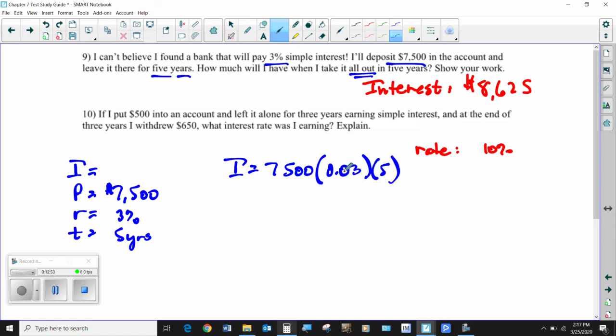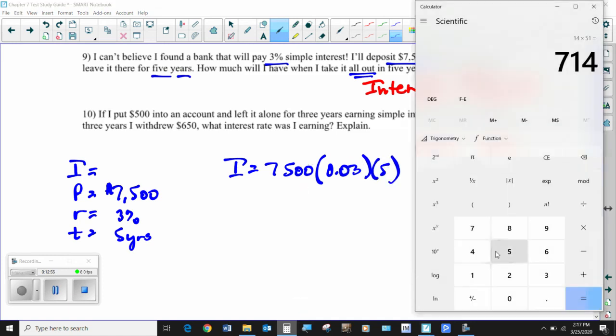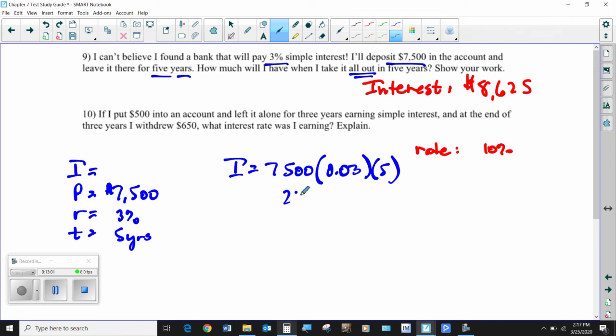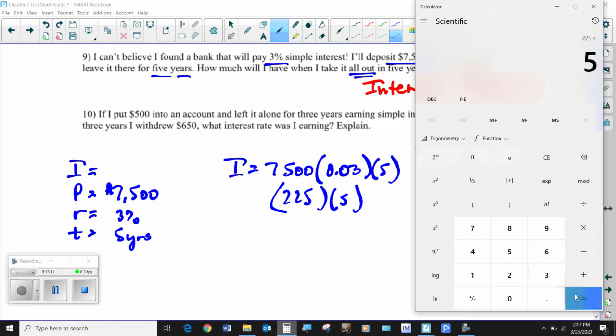So I want to find out what is 3% of 7,500. It gives me $225. Multiply that times 5. So that's how much per year you'd be earning, is the 225. But for 5 years, we'll just multiply that times 5. We get an answer of